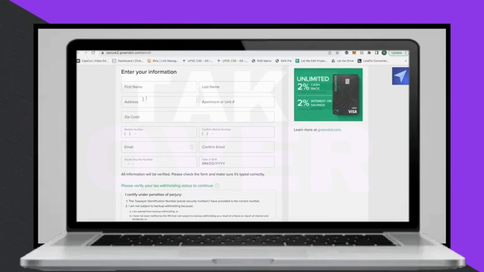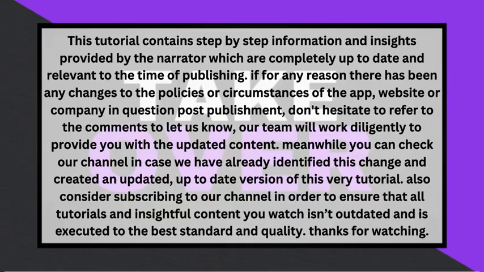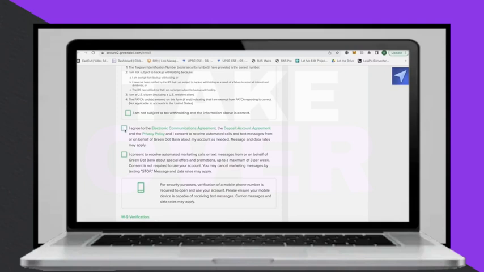You'll also need to verify your identity and agree to the terms and conditions. Additionally, you'll be given the option to receive marketing calls or text messages, which you can opt out of by